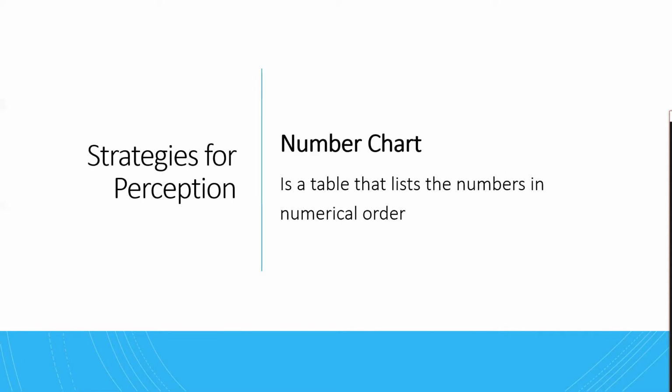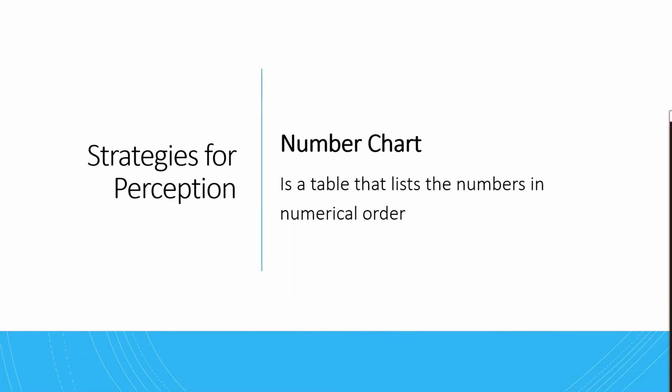Now, some strategies of perception would be a number chart. For example, outlining steps from numbers 1 to 10. This can help learners follow instructions that need to go in a particular order to achieve the same results. These charts can also help aid learners in identifying the different numerical orders to establish